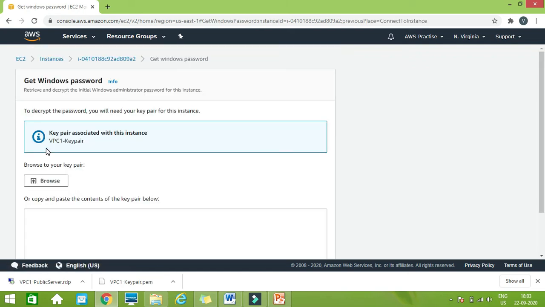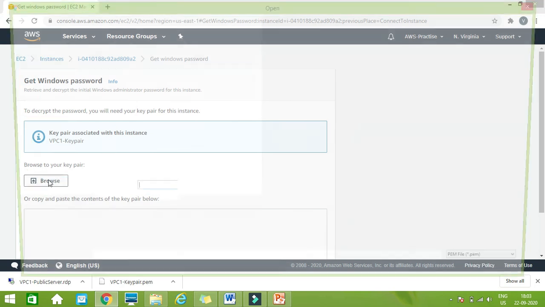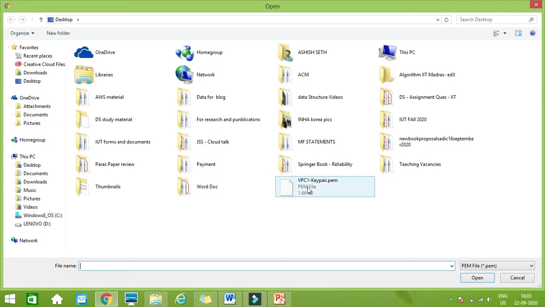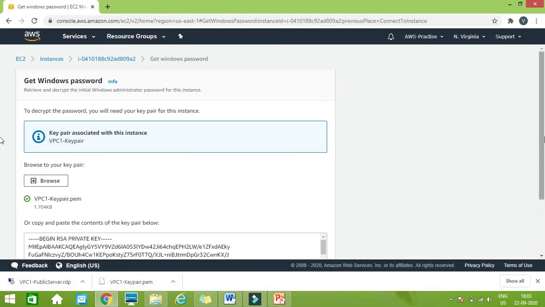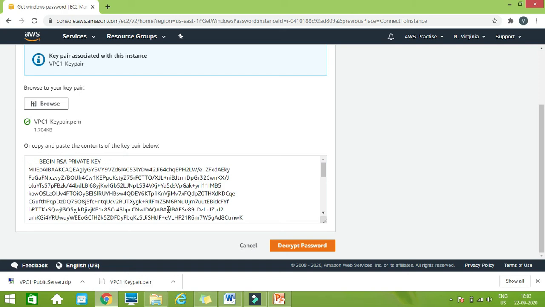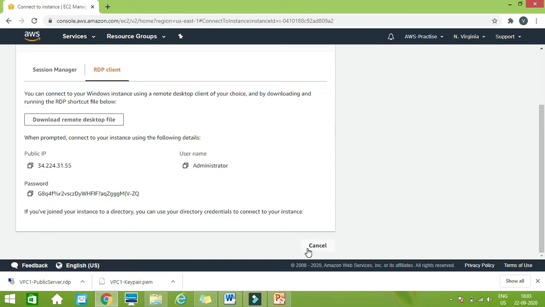you need to provide the key that is used to connect to your instance, and we have created one key with the name VPC1 key pair. This we have to provide to get the password. Now this is the key pair. Now the password is this one. It is a very big password, so we will just decrypt it and it will give us a very small string. Now this is the password we have got here. Okay, so we will just copy this password. Fine. Now we have copied it, and once our instance is ready, we can use RDP to connect to our instance. Okay, going back,